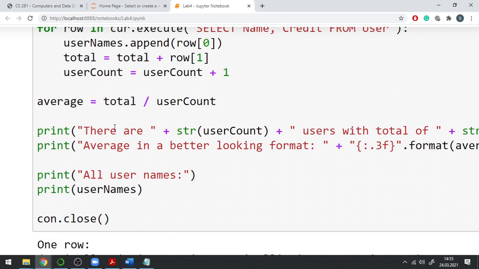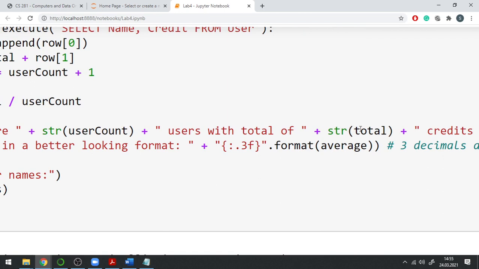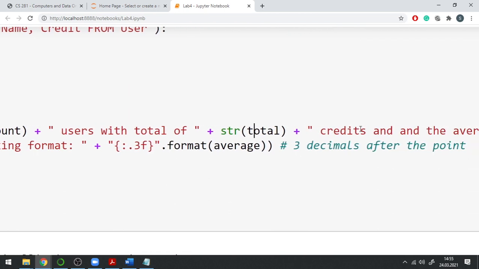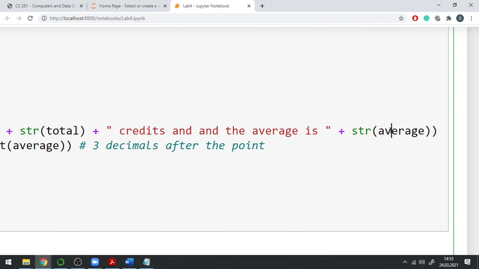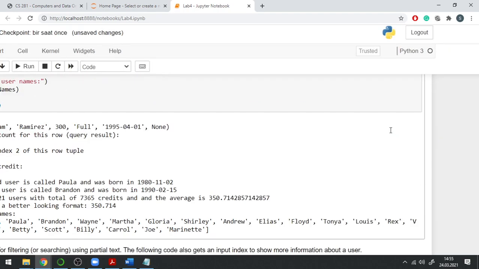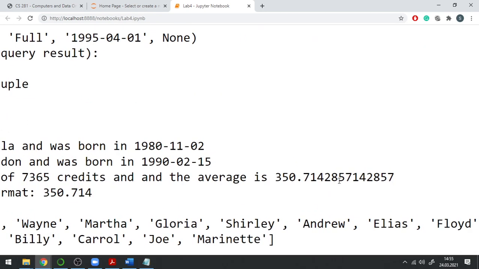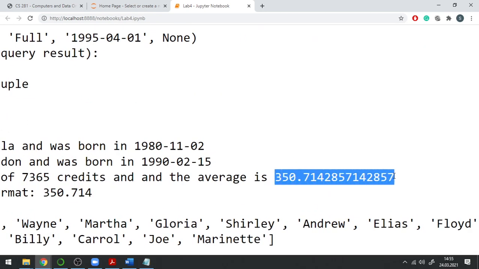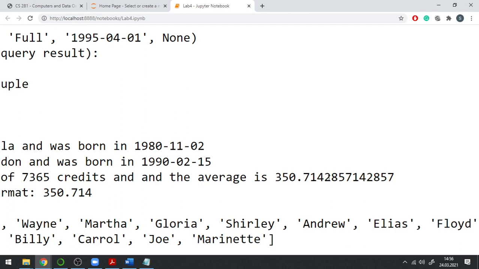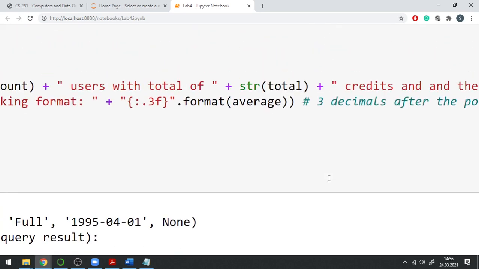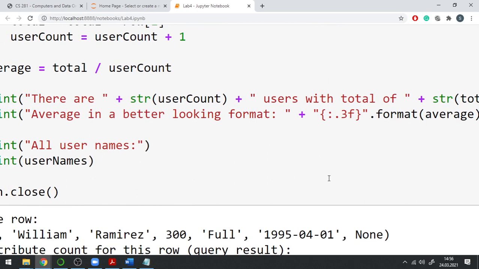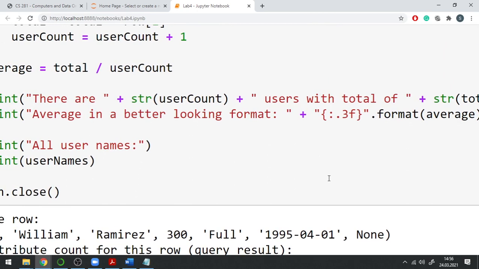And then we give some information to the output. We write the user count, we also write the total amount of credits, and then we also print the average. But if we look at the output, since these are numbers, when we divide them, it's going to be a floating point number. So we have lots of digits after the point, and sometimes you may want to put it in a better form. There are actually lots of different ways to format numbers in Python, and one way is